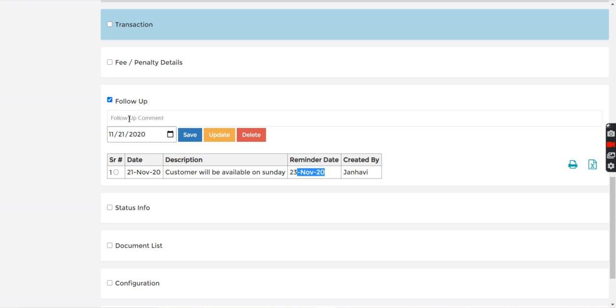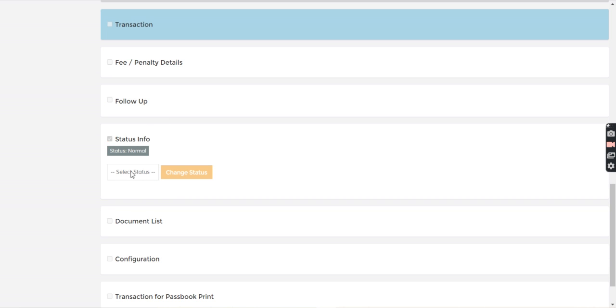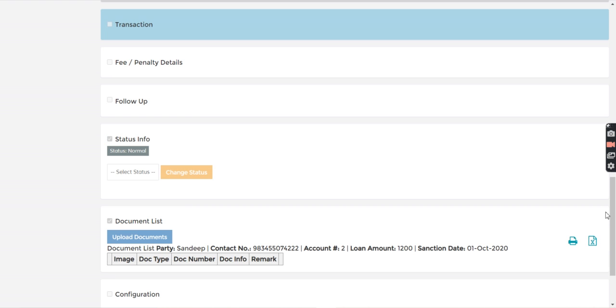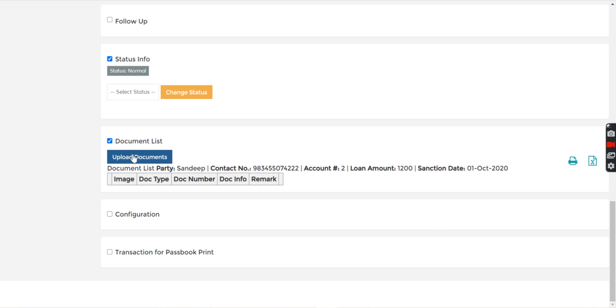So we can do the follow-up from the follow-up option. After that, in the status information, from here we can change the status of this deposit to matured, withdrawal, legal, locked, normal. Then the document list, the same like loan, we can add documents for deposit also.